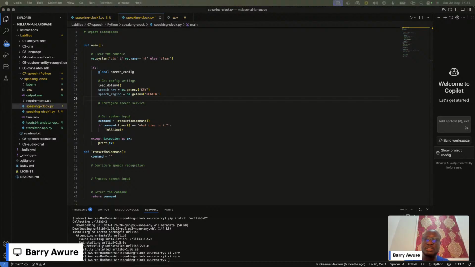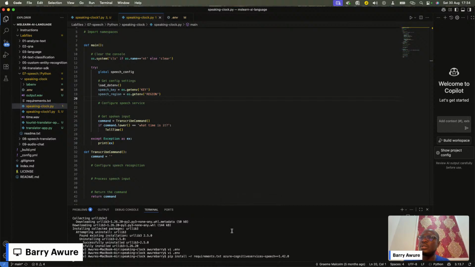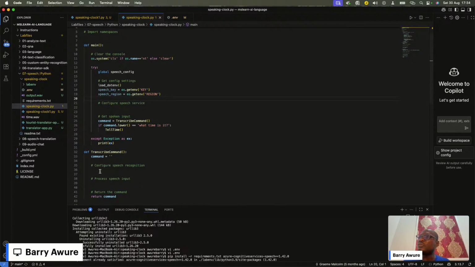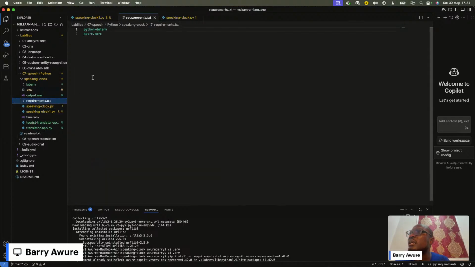Next is for you to install the requirements. So I've copied the requirements. If you check in my code repo, there is what they call a requirements.txt file. It's in here, right? So it's all these.